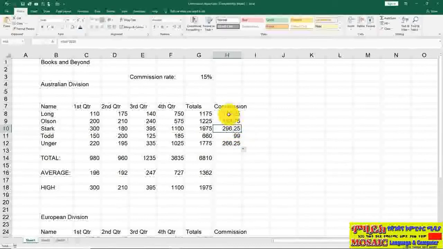Now, one thing I just want to give you a heads up on. In Module 12, we're going to talk a little bit about working with names. You do have the ability, if you'd like, to not have this 15% anywhere on this sheet, and you can still have it do these calculations for you. We'll come back and use this exercise when we get ready to do that. Well, that's all there is to working with absolute values. Let's wrap up Module 8 and move over to Module 9 and talk about working with our